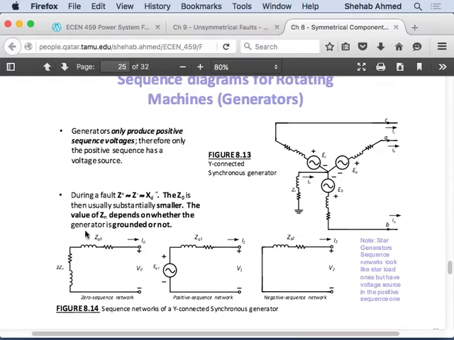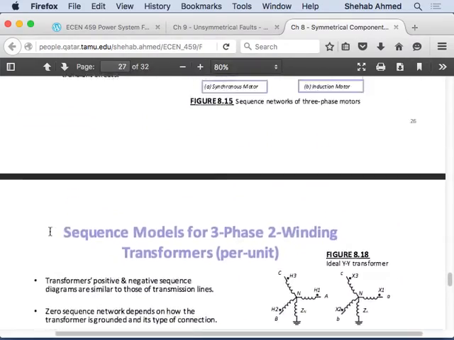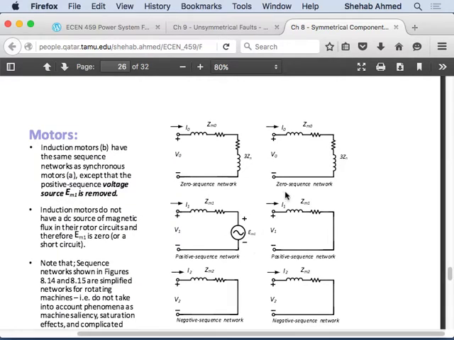Anything? This is really what I wanted to discuss here. So we are okay with the machine model in symmetrical components. The synchronous motor is exactly like a synchronous generator. The induction motor is exactly the same, but you remove the voltage source unless I tell you it's a